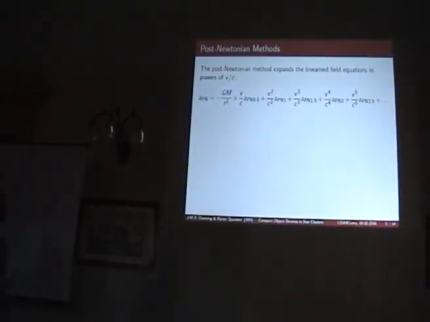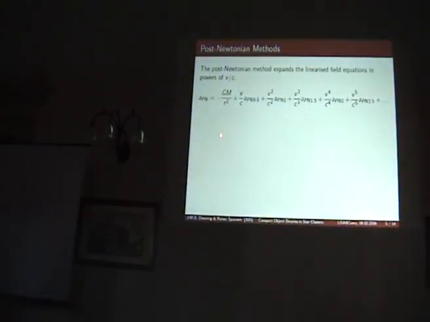Well, the method we've chosen is actually a full-blown post-Newtonian expansion of linearized field equations. A lot of people have mentioned post-Newtonian in one form or another during the conference, and Rainer actually wrote down what the formulas look like exactly. But basically, just to repeat again, this is a series expansion of linearized field equations. It's expanded in powers of the relative velocity of the binaries over the speed of light.